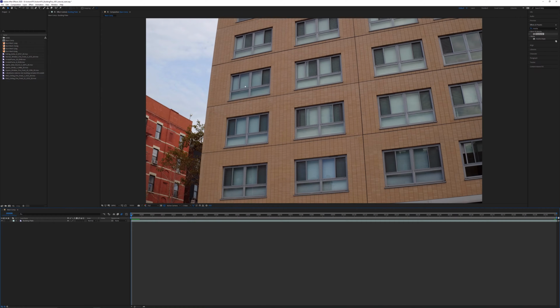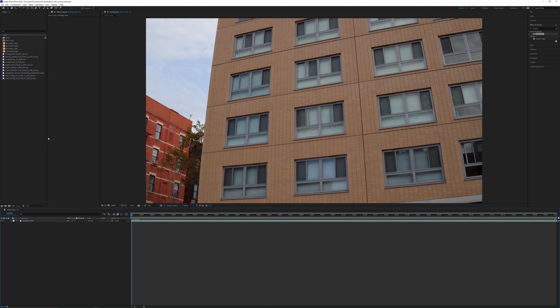We're also going to use various spark, ember, and some other wall fire elements that are from different packs. You don't need the whole packs to do something like this. You can just pick and choose which ones you like and purchase those separately if you wish to do so. Alright, so let's get started here with the actual tutorial.